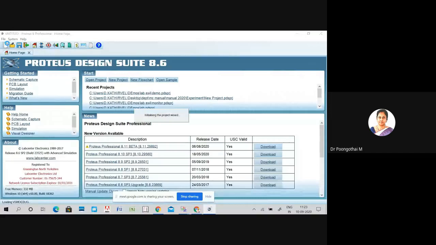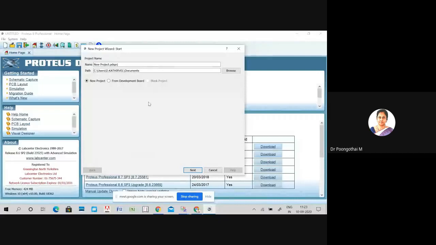So create a new file. Students, please note down the steps. Here you have to give your project name. Next, click on next.